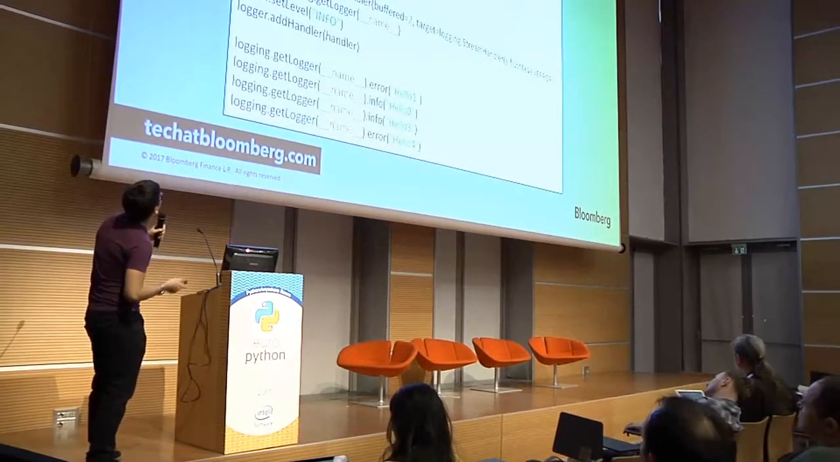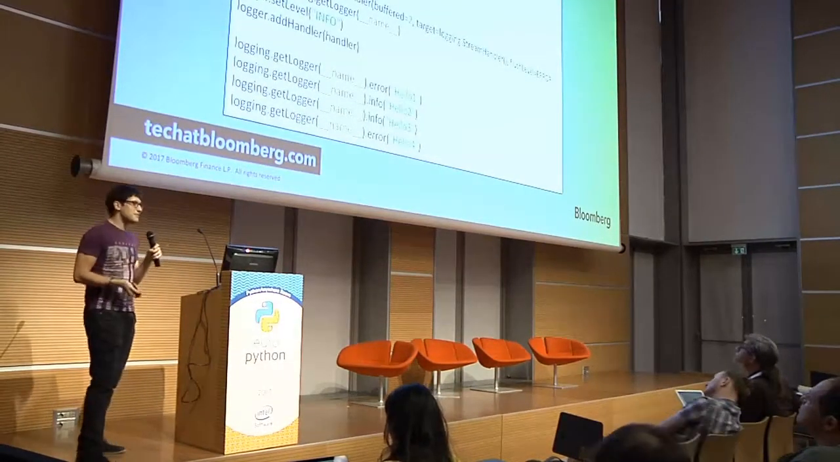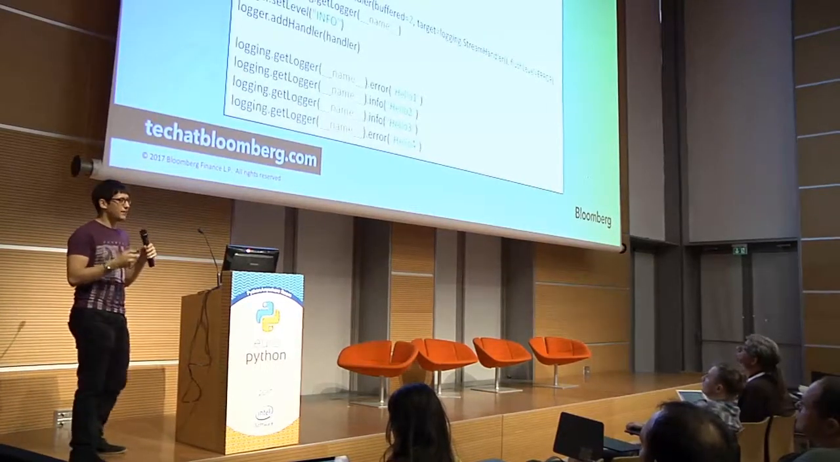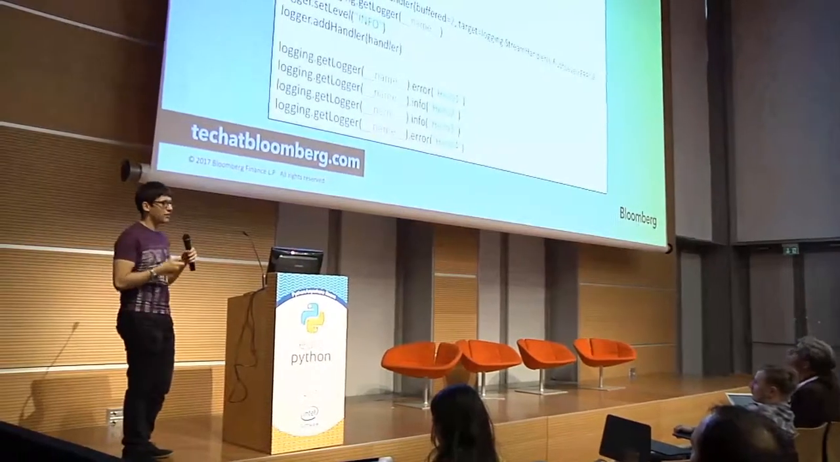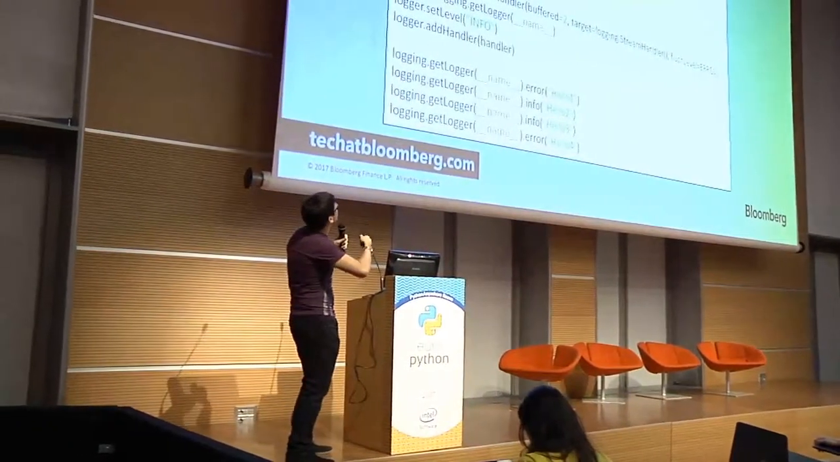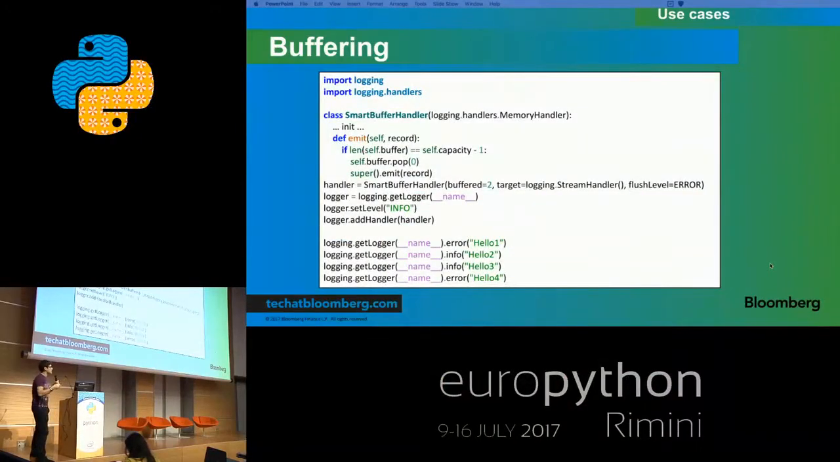More cool stuff: buffering. How many times have you had an error? You have logged an error, and you wish you had only changed that debug log to info, right? So what this smart buffer handler is going to do is buffer the previous log, in this case one, and whenever it detects an error, it's going to not only log that error, but also the previous info. So you can do, for example, whenever there is an error, print the last 20